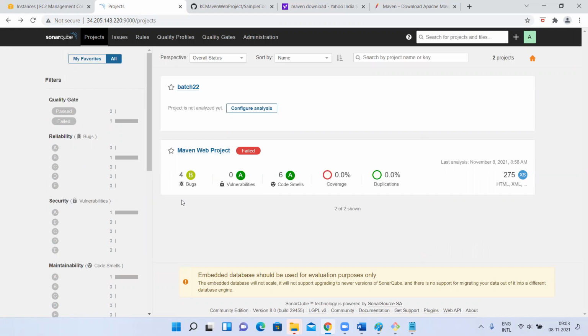I'll go and give that SonarQube URL and the source code, and run mvn clean package sonar:sonar. It will upload here also. You can keep it for n number of projects, and you can see those projects. See, this is one project, this is one project. Like this, you'll have n number of projects. You can go and check that project's details here.